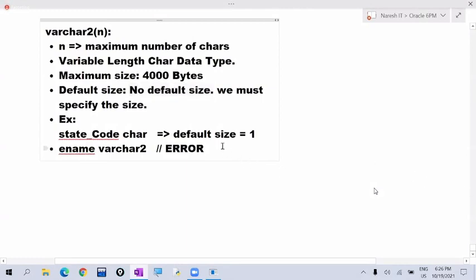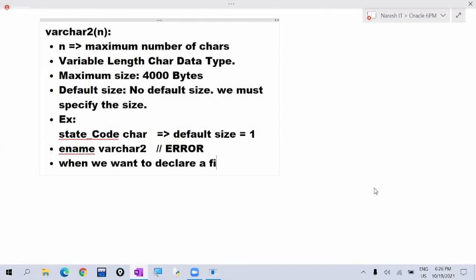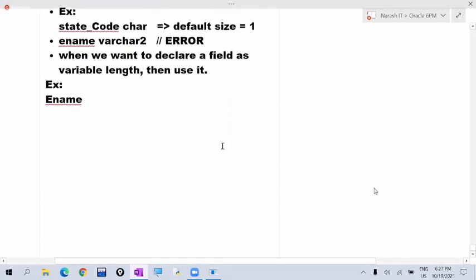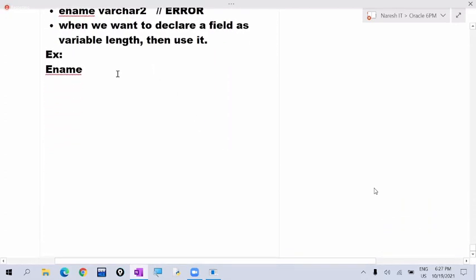When is varchar 2 suitable? When we want to declare a field as variable length, then use it. For example, I want to hold employee names.